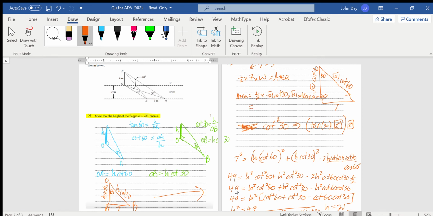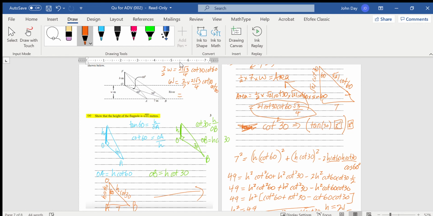So root 21 times root 21 is 21. So 21 cot 30, cot 60, and then a half times root 3 on 2 is root 3 on 4. So whatever that is, that's your area that you're going to plonk in there, and you're going to work out what W is by simply reworking that equation. So you had 7 on 2 W equals 21 root 3 on 4 cot 30 cot 60. So W just equals 2 on 7 times this 21 root 3 on 4 cot 30 cot 60,